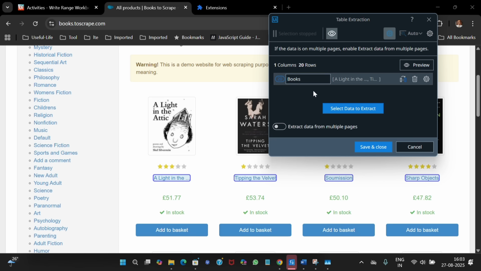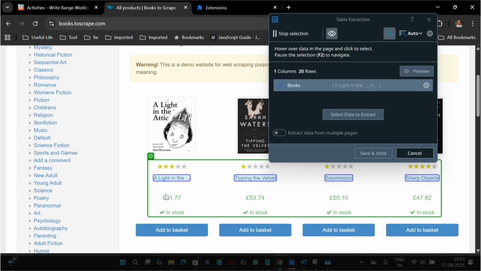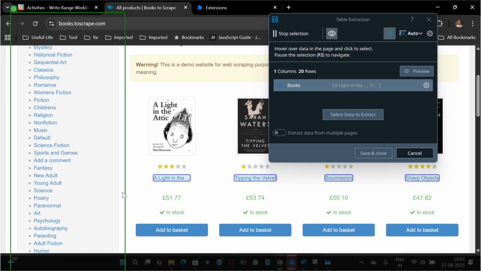So we will again go back and try to extract the price. So we will have to select here, select data to extract again, and go back here, play a little bit of video games. Yeah, it's not